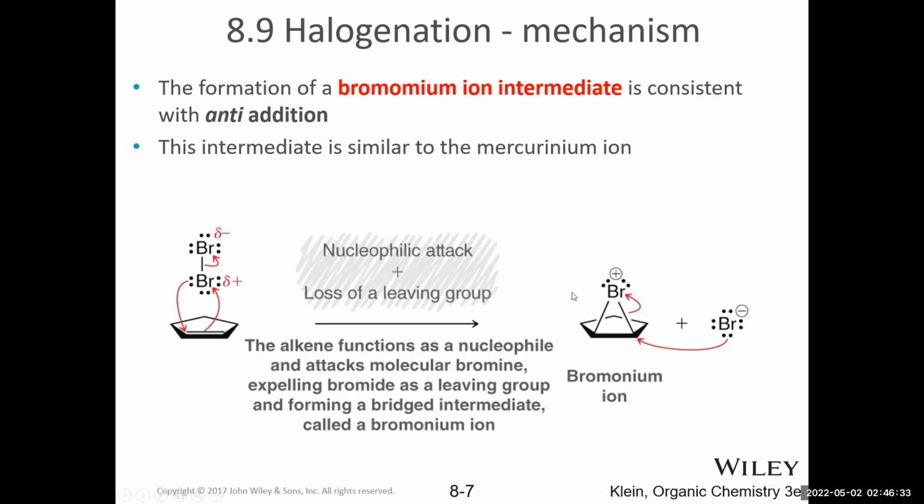Now, there are multiple reasons why this intermediate would be reactive. First of all, bromine with a positive charge is not very stable, as well as the fact that there's a 3-membered ring. So the intermediate is very electrophilic and electron deficient. So it's set up really well to be attacked by the bromide, which was formed in the first step through loss of a leaving group, to act as a nucleophile and do a nucleophilic attack.